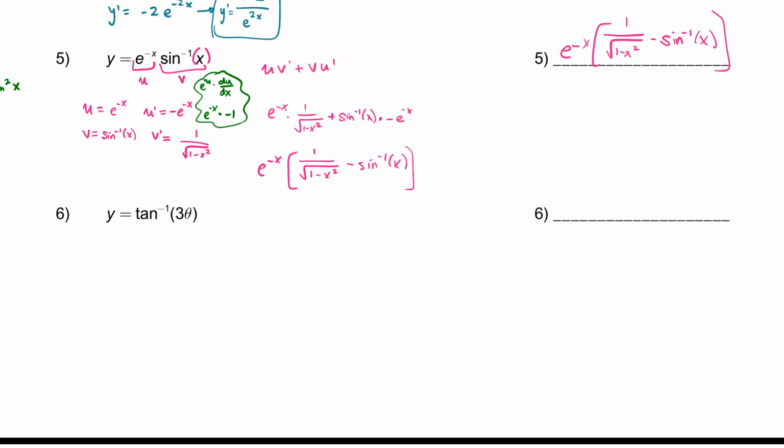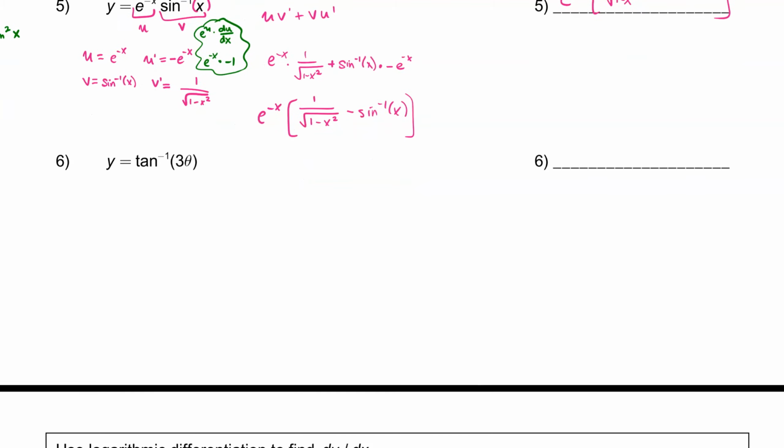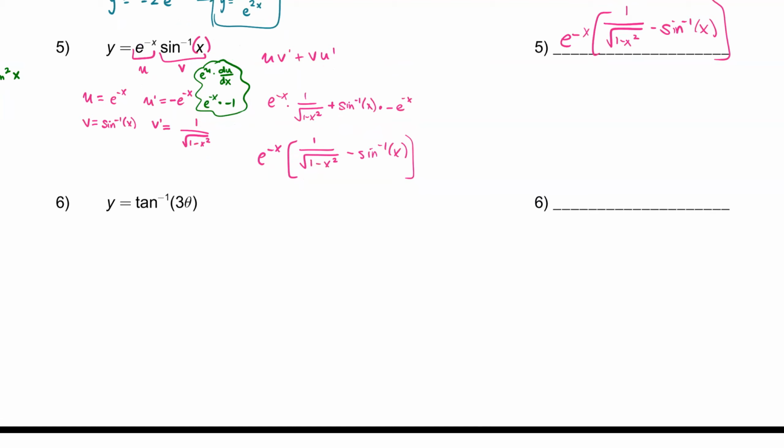Okay, so number 6. I don't take it personally. Let's do number 6. I'm looking at number 6 now. So y equals tan inverse of 3 theta. Chain rule. Exactly, it's chain rule, because 3 theta is inside tan inverse. So first you have to do, so remember, it's literally,